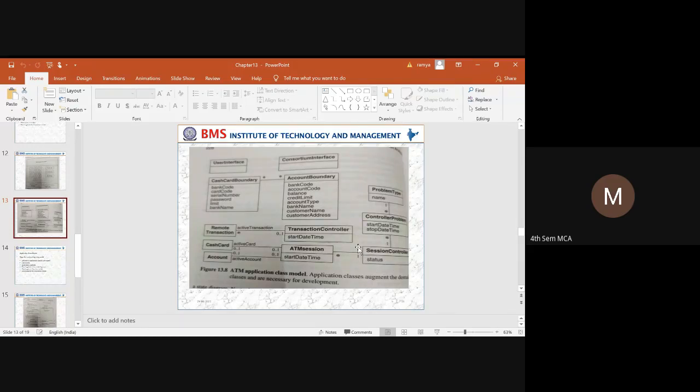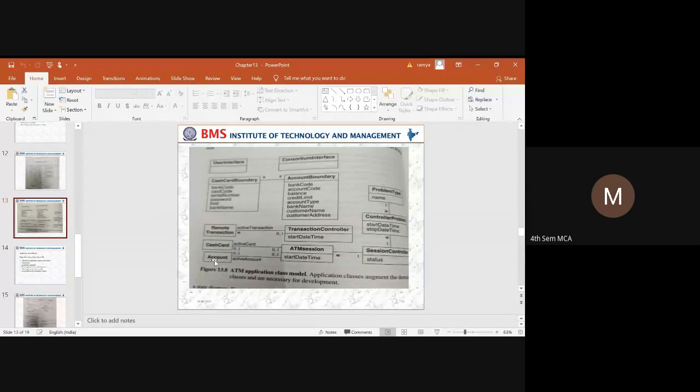It can have n number of ATM sessions. The ATM session is associated with the cash card and the account. If the cash card is in an active state, the customer can make a transaction, and when a customer performs a transaction, it records at which ATM station the customer made the transaction, at what time, and what the date is. All these details will be stored in an ATM session.